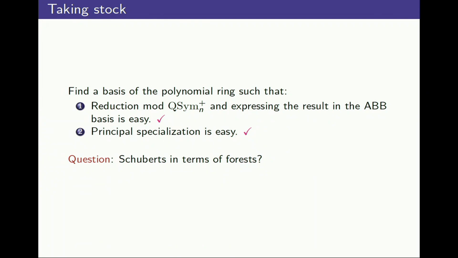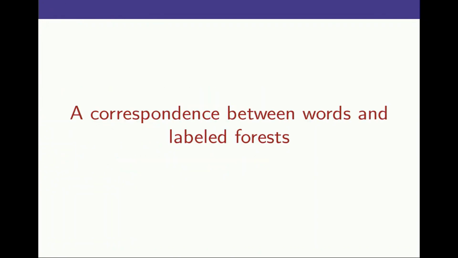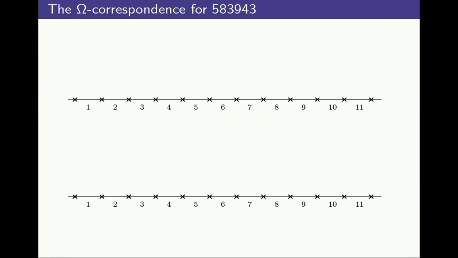Okay, so I'll try and tell you this via a correspondence, which is actually a lift of the parking procedure I told you about. Okay, so here's a correspondence, an insertion algorithm between words and labeled forests. I'm going to take a word and cook up 2 symbols. Right? This should feel like RSK. There's going to be a P symbol and a Q symbol. And the forests are going to be labelings of indexed forests. So I'm going to insert that word left to right and get 2 symbols.